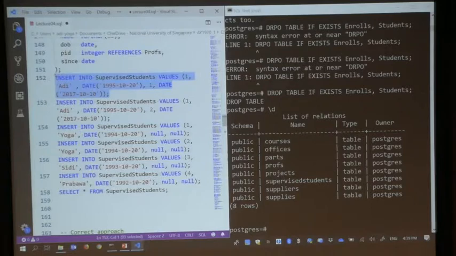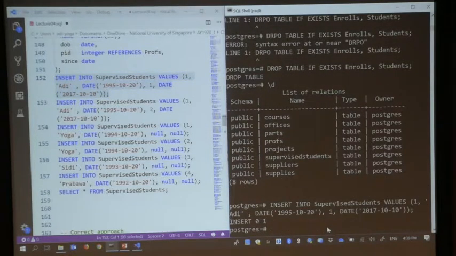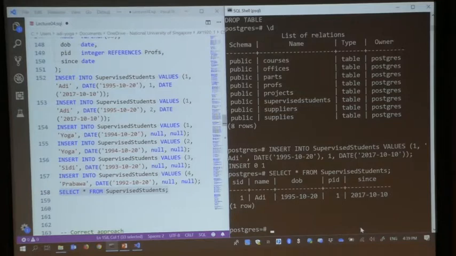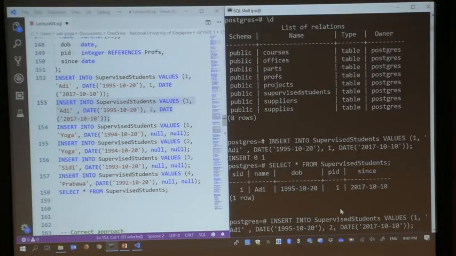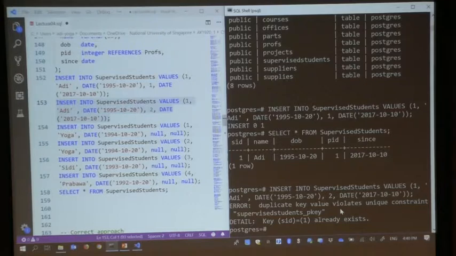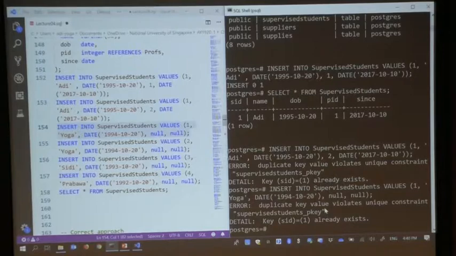So if I insert this, the first one, the student ID is 1, so it's just going to accept it. Right, so that's one student, and the student is supervised by the professor. If I insert the same student, but the student is going to be supervised by a different professor, then this one is not going to be allowed. Okay, so key constraint is captured. This one is also not going to be allowed.